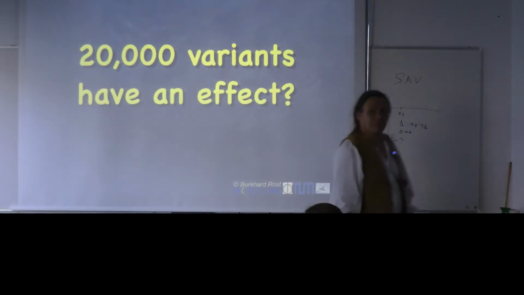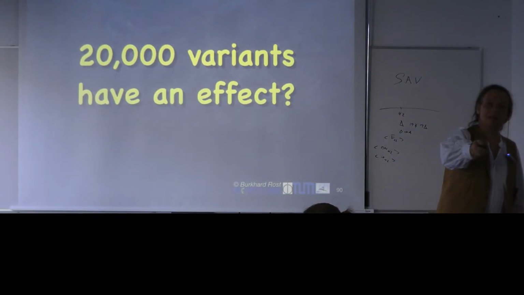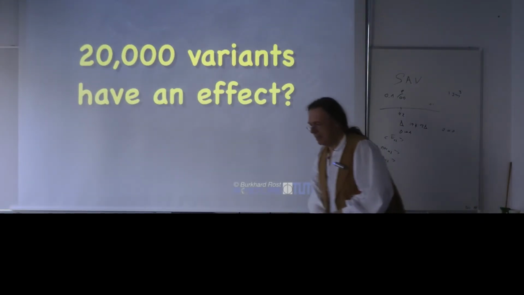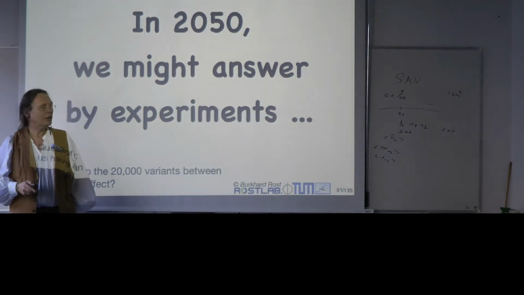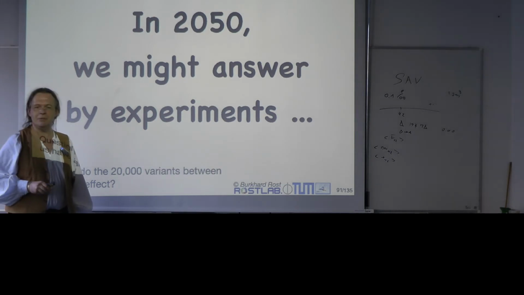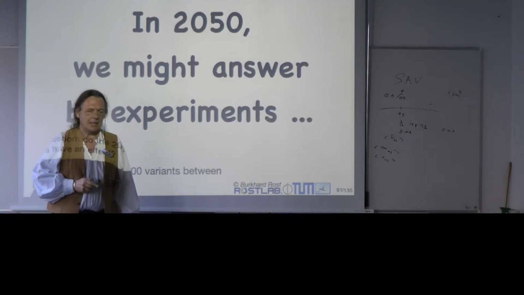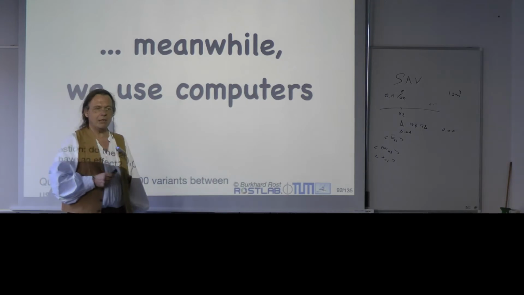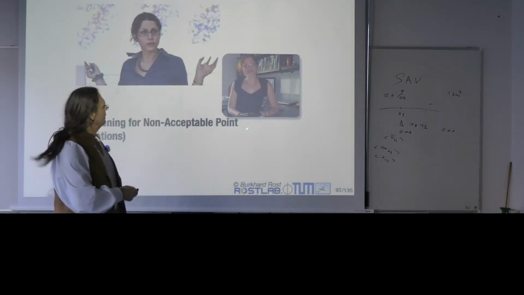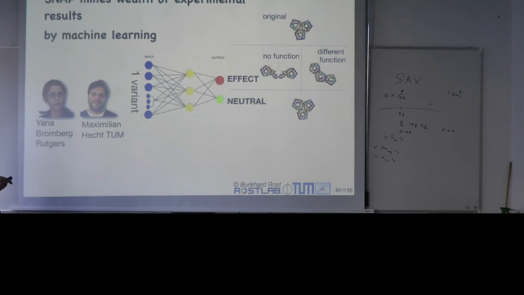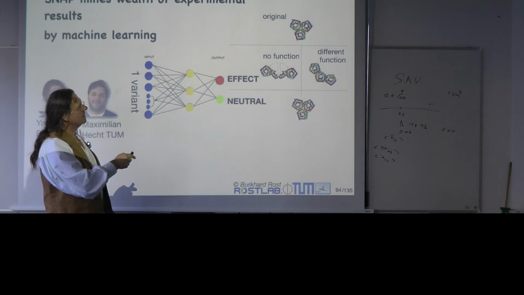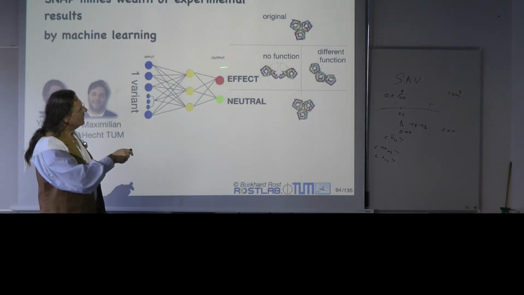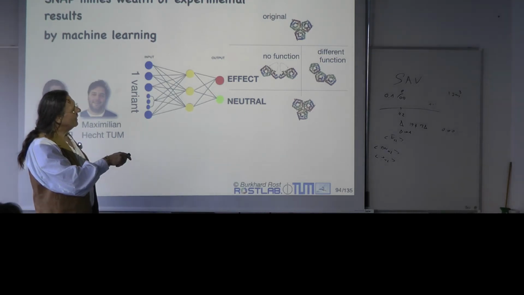Since we are at the 0.1 per mil, at least for some of the people in this room, SAVs in them. Essentially with experimental data we don't get there. Here I'm writing maybe in 2050 we get there. I'm not even sure about that. And meanwhile, Paul is totally right. What we can use is prediction methods. That goes back to Jana, who developed one, the latest improvement from Max, still with Jana. Now the point is we have effect and neutral, and for us effect could be two different things.